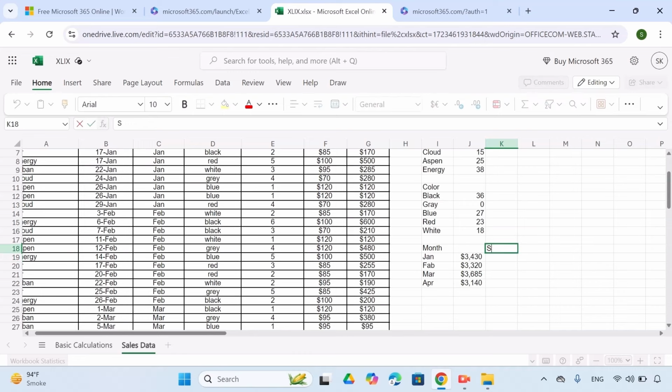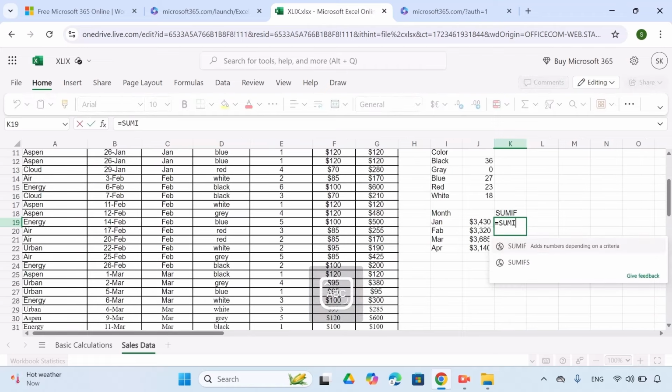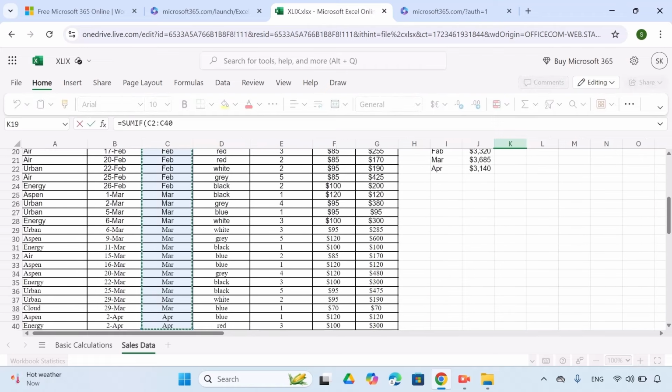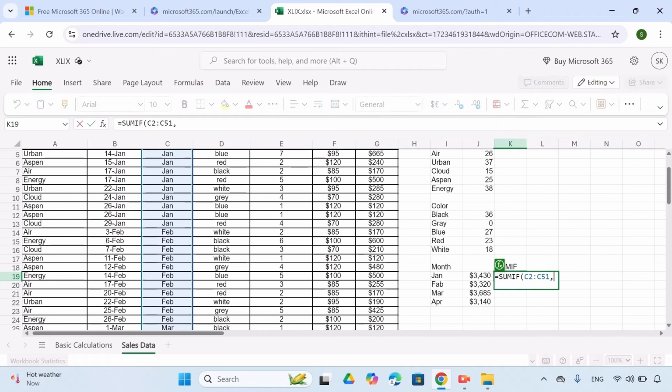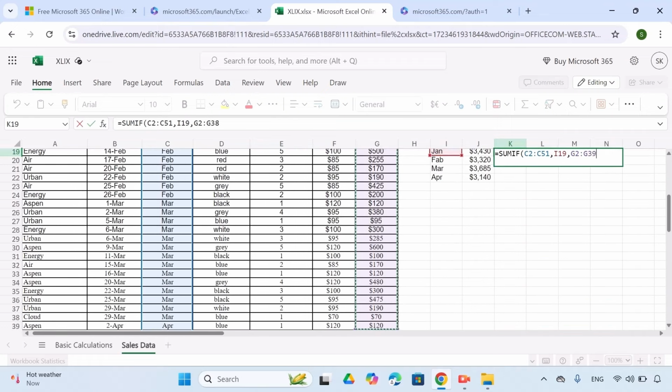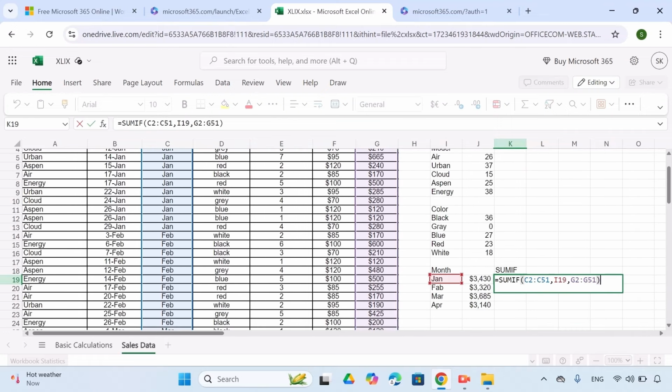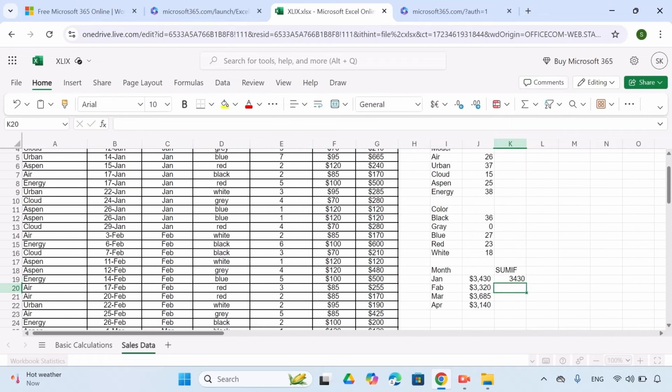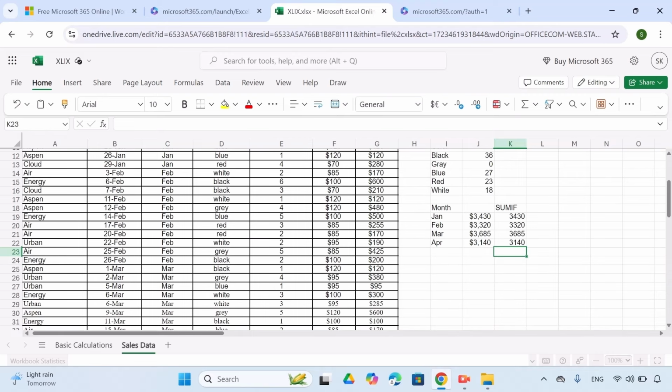So let's get started. Click enter. Click enter and repeat this process with February, March, and April. As you can see, we have just done here the SUMIF formula for February, March, and April. Let's calculate the total profits that we got from these 4 months. To calculate this total,